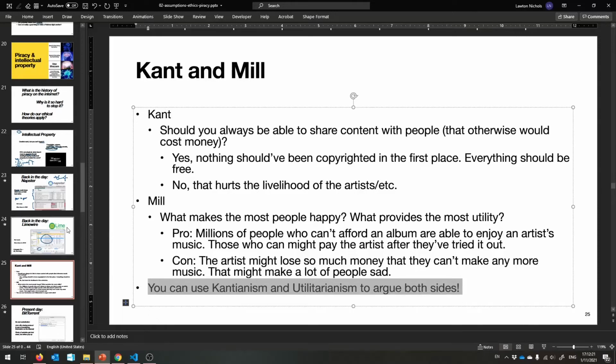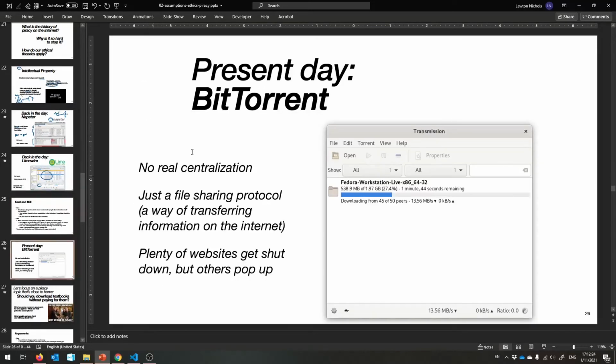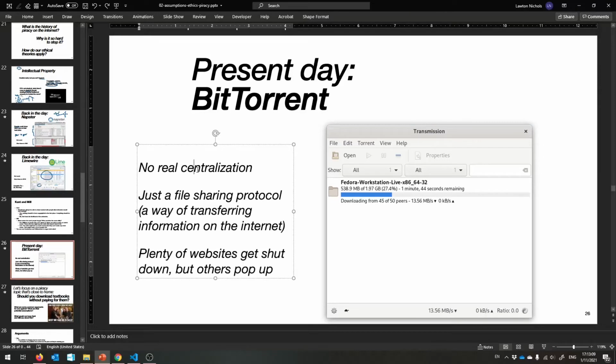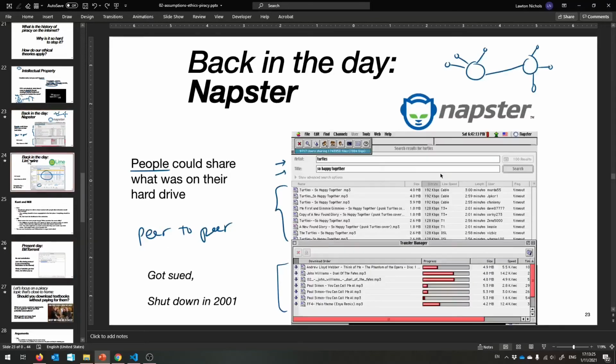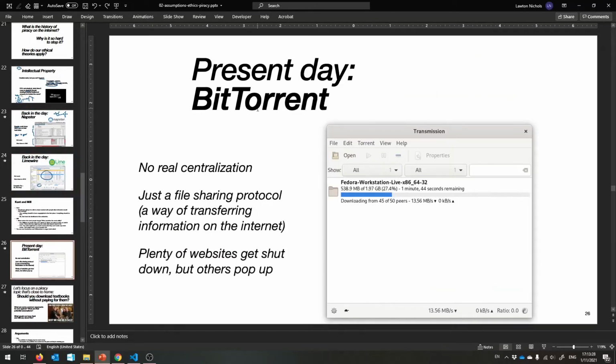Okay, so that brings us to the present day. There's something called BitTorrent. BitTorrent is the most recent of these ways to share files, and it's something that's very hard to get rid of because unlike Limewire and Napster, where you actually did have to connect to some central place to find these files, you don't have to do that anymore for BitTorrent. And also, BitTorrent itself can be used, well, I guess just like Napster and Limewire could be used, for things that aren't stealing. Like this example here is a free operating system.